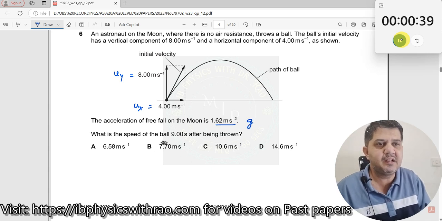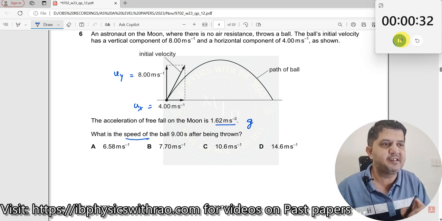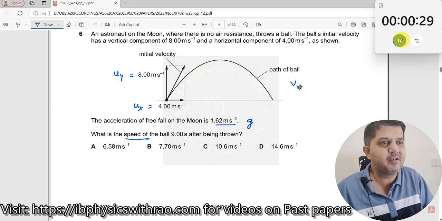What is the speed of the ball 9 seconds after being thrown? So you need to find the speed. Speed means it's not x or y, it is the total. Therefore, we'll first find the y component of the final velocity, which should be uy